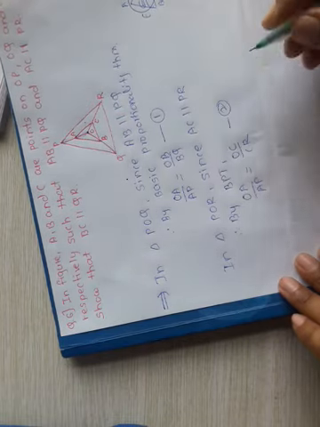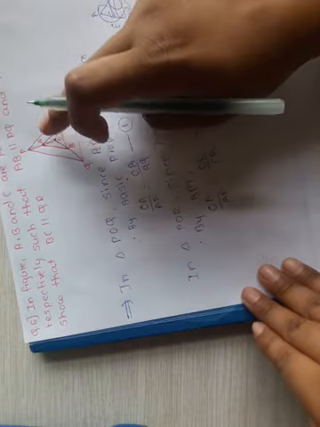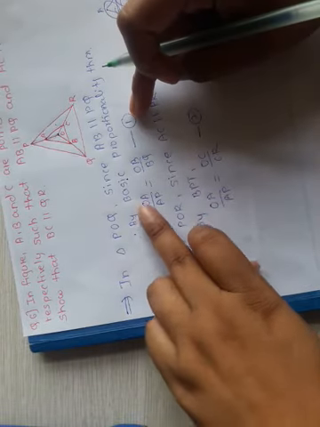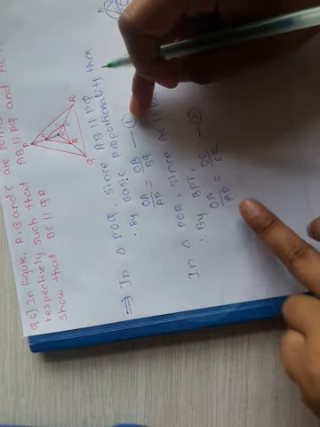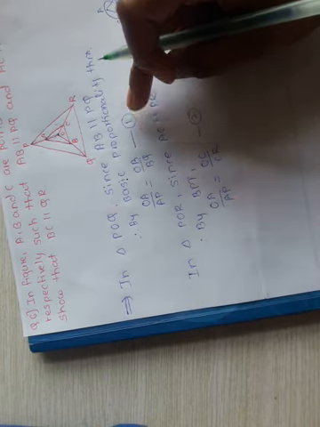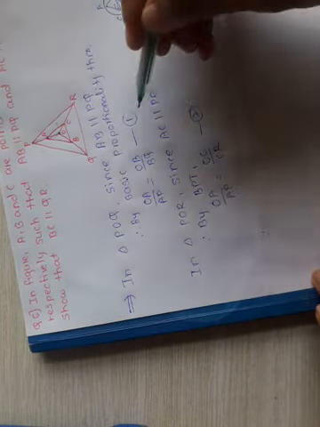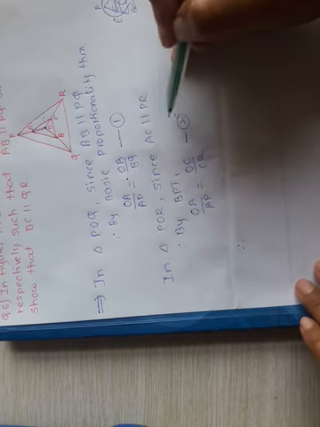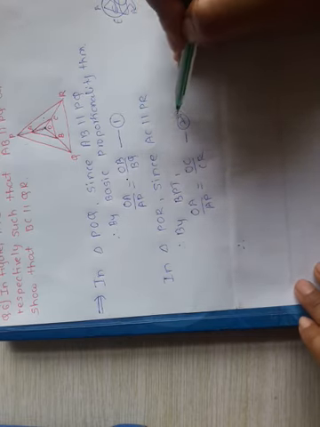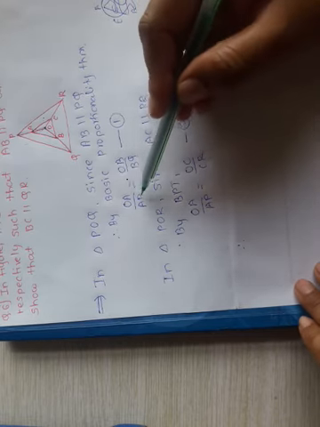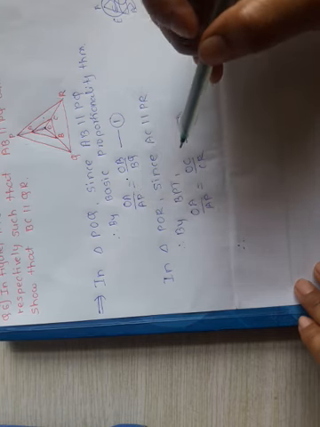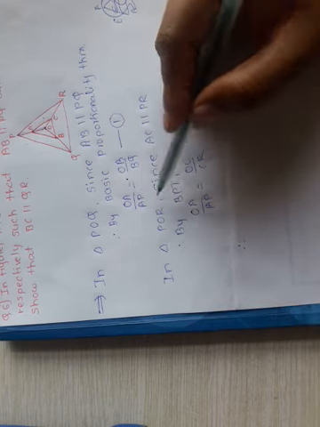This is our equation number 2. Okay, so from these two triangles we get the ratios as OA upon AP is equal to OB upon BQ, and OA upon AP is equal to OC upon CR. And therefore now, observe these two equations 1 and 2. The LHS of these equations must be equal.